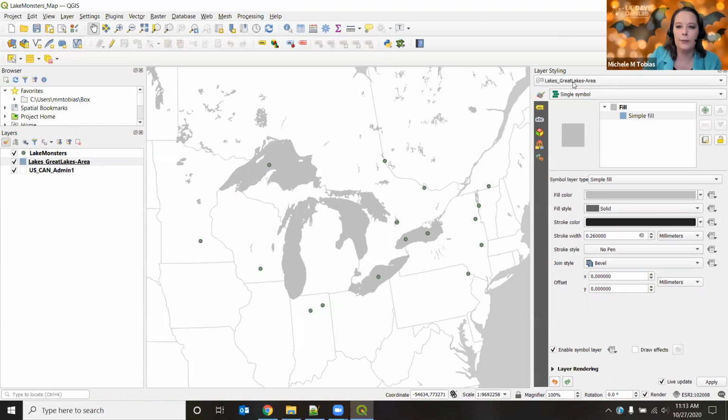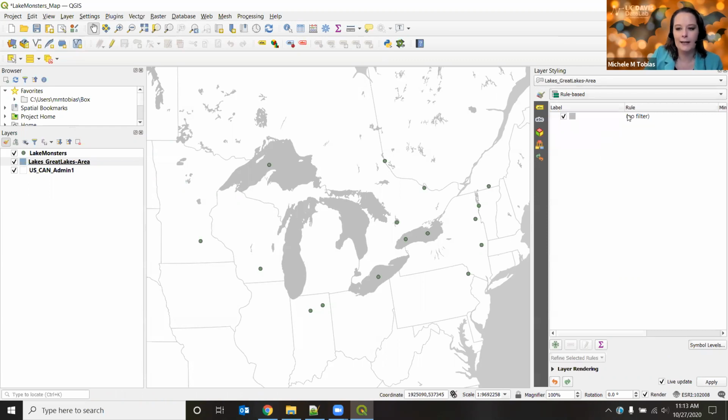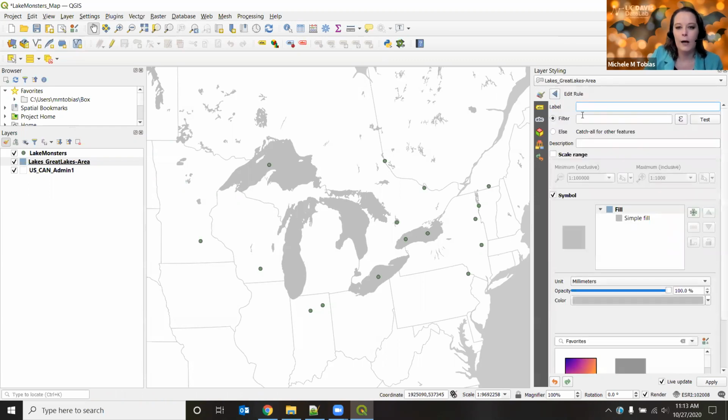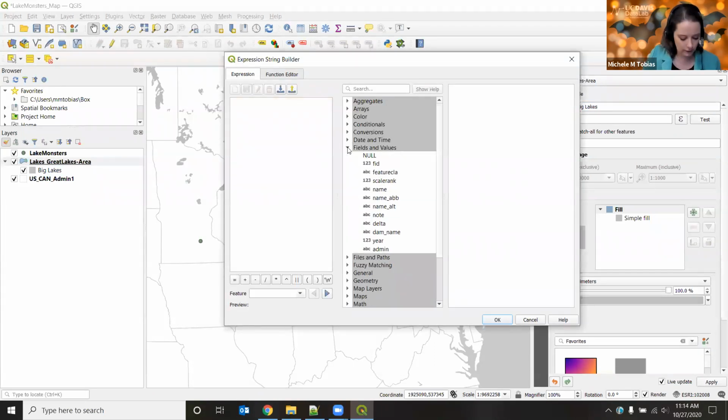Oh, the other thing I want to do, I can show really quickly, is now that I've styled this, I'm going to actually use rule-based for the styling on this, and I want to set my rule. You can leave it without doing this, it's totally fine, but I want to make a rule to have just the big lakes. So I'm just calling it big lake so I know what that is. And then for my filter, I'm going to click on the button that opens up the dialog. And then for my fields,